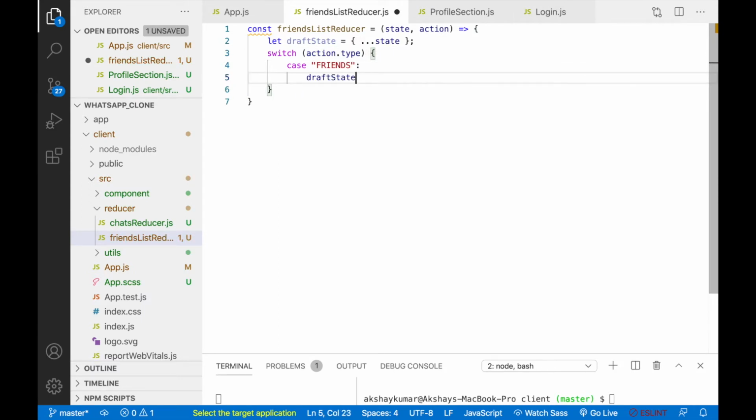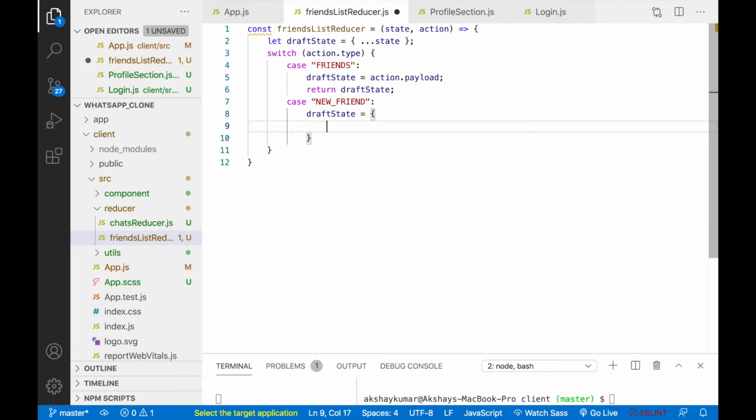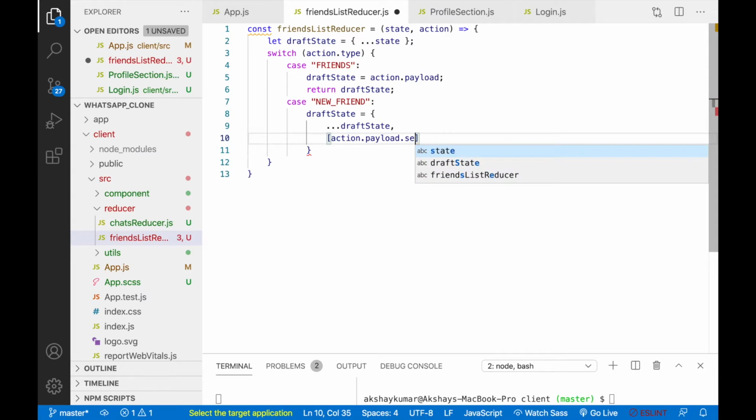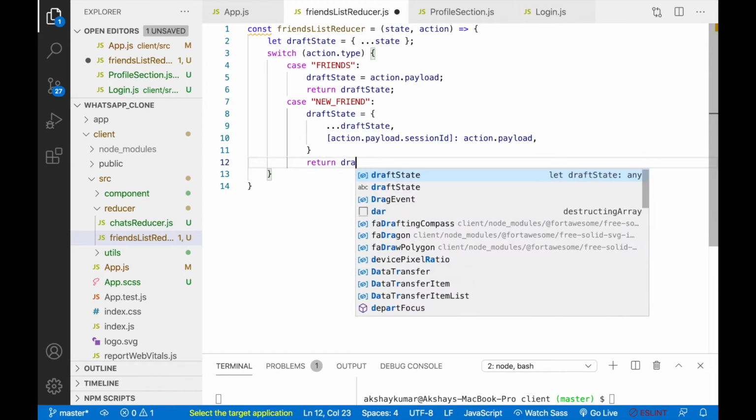We'll take draftState equals action dot payload and we'll return the draftState. The next case will be new friend. Here we'll write draftState equals one object. Here we'll spread the draftState. Then we'll take session ID as a key. So we'll write action dot payload dot sessionID and the value will be action dot payload. And here we'll simply return draftState.